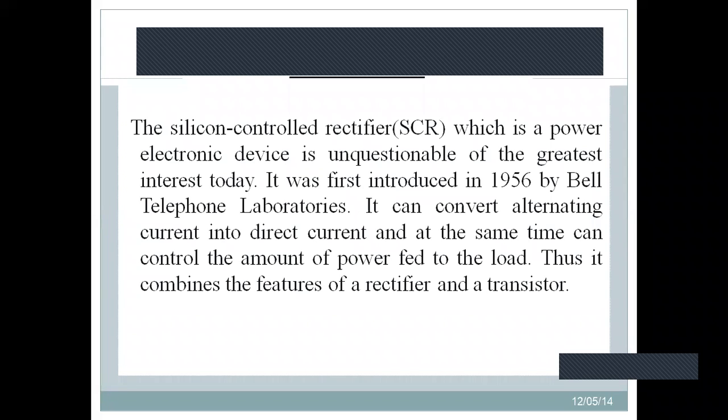Okay, so therefore, just to have control over the output of the rectifier, that is DC, we make use of a silicon controlled rectifier. Your normal diode is also a silicon diode, but this SCR is a controlled rectifier where I can control my output voltage based on applying some additional voltage to the gate terminal. So in this way, the silicon controlled rectifier will work.